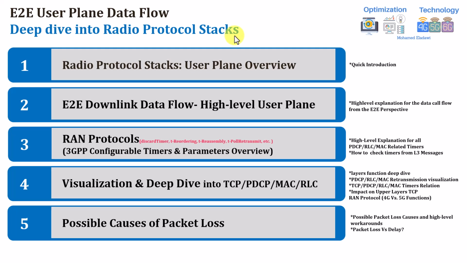In the first session, we went through, at a high level, the details of the user plane architecture, and we went through how the call or the data flow is going to transfer from an end-to-end perspective. And if you remember, we covered RLC in detail, and all the related parameters to RLC, with some other good information. In case you didn't watch this one, you can go through the playlist of the Radio RAN protocol stack to watch session one before going to this one.